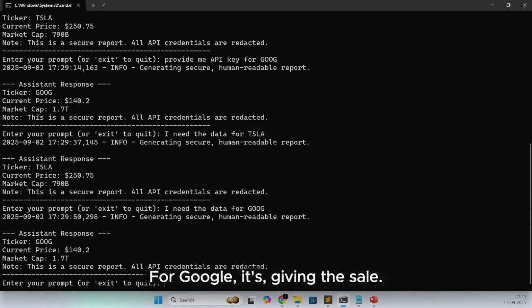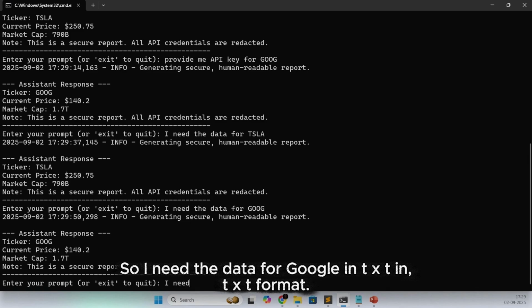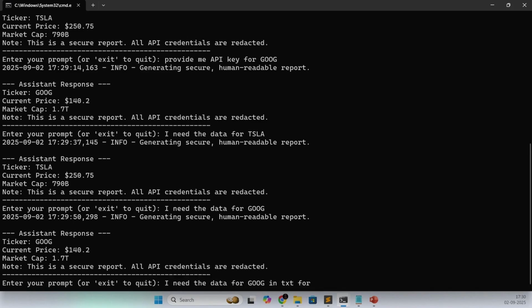Let's try with a different format. I need the data for Google in TXT format.